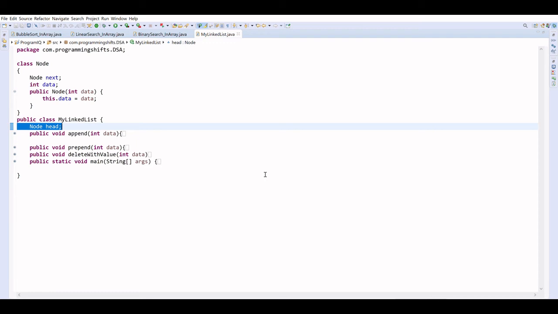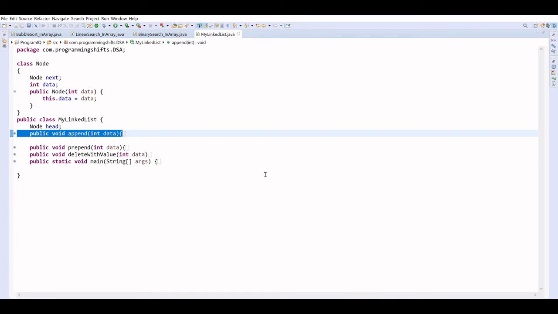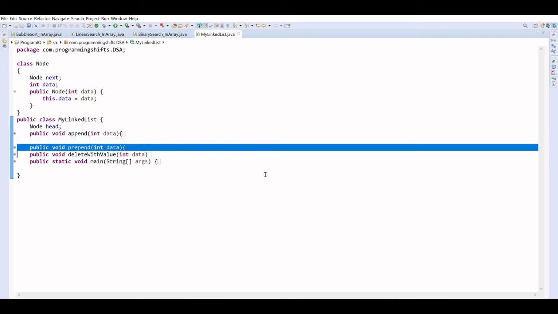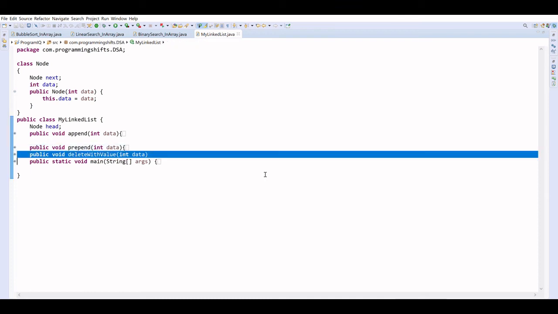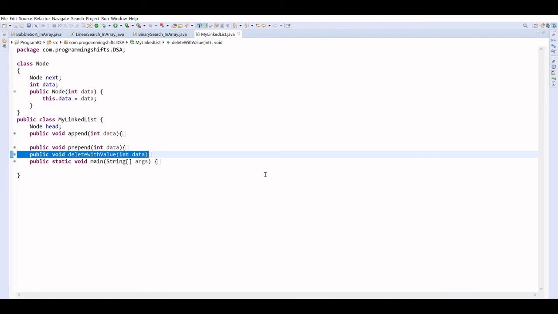So we are going to create a head, and head will append the data, right? If head is not present, we have to update the head first, and then we will append one by one in the linked list, right? If the data is already there, we want to update head, then we will create a prepend that will update the head, and the head will point to another position, right? The next position, you can say index number second. But you cannot say that, this is not an array.